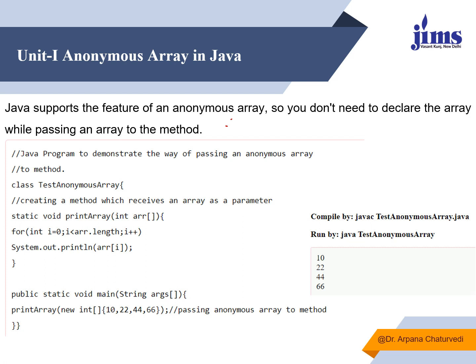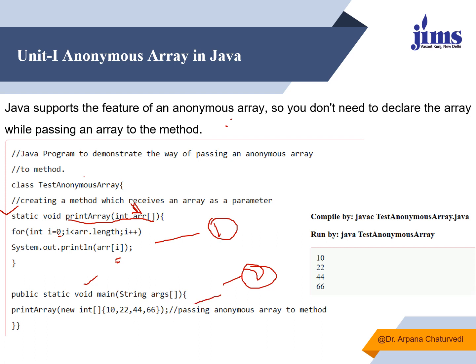Here I am having one function, printArray, as I explained. The argument I am passing is of integer type, an integer array. Here I am printing the values starting from 0 till one less than the length of the array, printing the value at each and every index position. In this class I also have the main method. This is the first member function, this is the second. As this member function is static, there's no need to call it through an object. We can directly call it by its name.